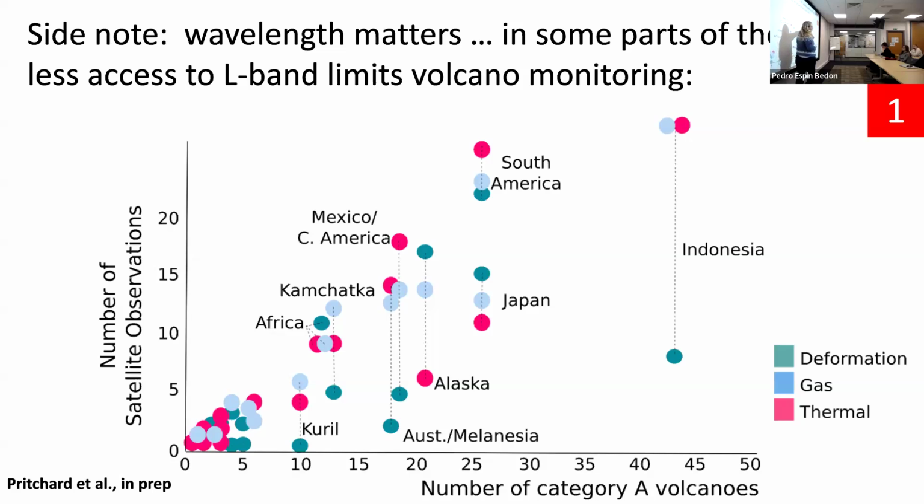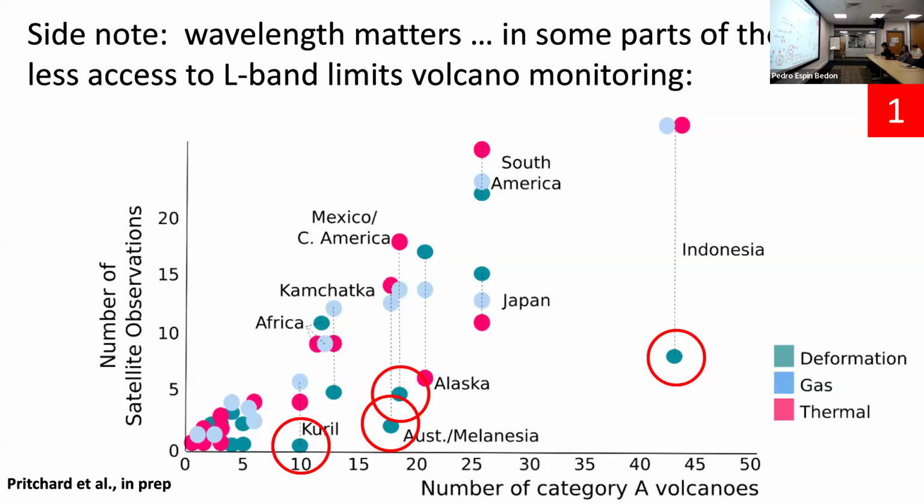So these are the same regions from Indonesia and South America and Japan that have a relatively high number of category A volcanoes, and you'd expect them to have high numbers of satellite observations of deformation and unrest. But actually, you've got these anomalies down here. So the green is deformation on this plot, pink and blue are gas emission and thermal alerts. And you can see there's anomalously low numbers of deformation detections in Indonesia, in Central America, and this is mostly Papua New Guinea down here, and in the Faroe Islands, which is essentially due to the inherent limitations in coherence and availability of data. Rather than anything else, it's harder to apply in these places.